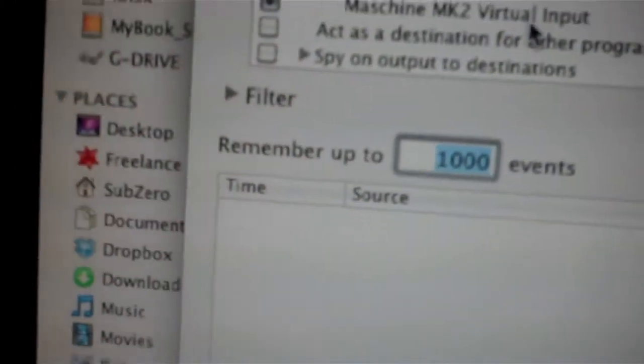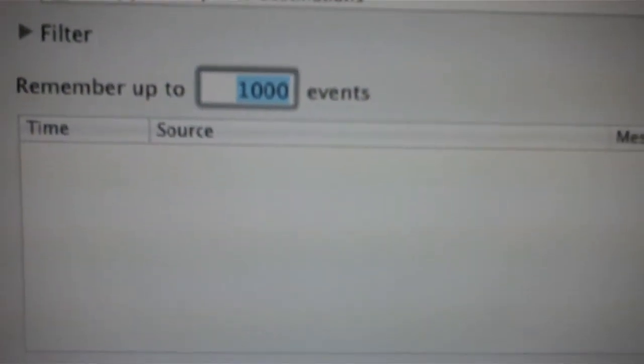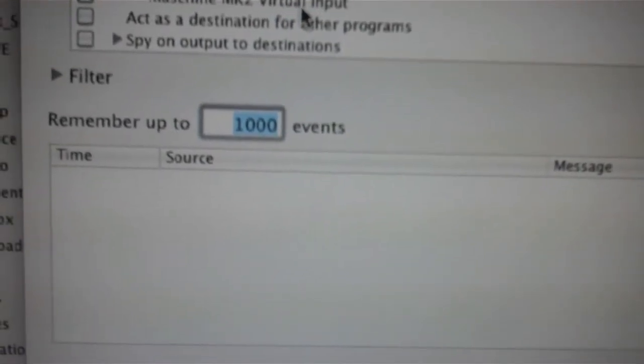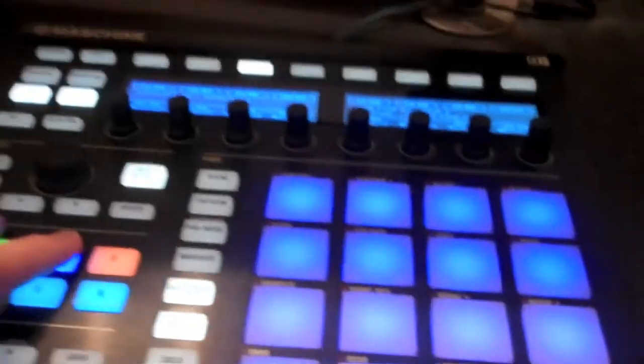So now I tap on the controller. Okay, so it's in standard Maschine mode right now. I tap on the controller. Okay, I'm tapping, and nothing is registering in the main window, which is normal. That's what was happening before, but it was still working with the Maschine software. Now I'm going to switch it into MIDI mode. Okay, so now I've got my different banks,